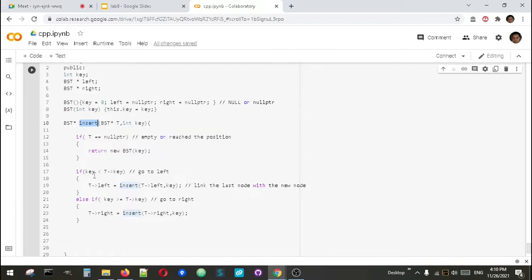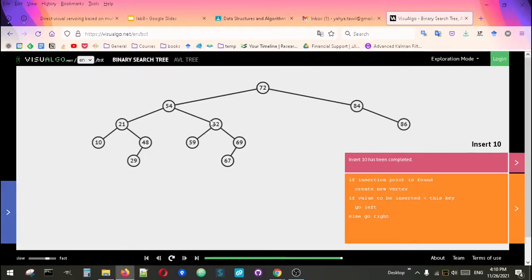It will go to here, and key will be smaller, so we go to left. If we want to continue calling recursive by recursive, first it will be 72, then 54, then 21. Then if you remember, it will break and try to